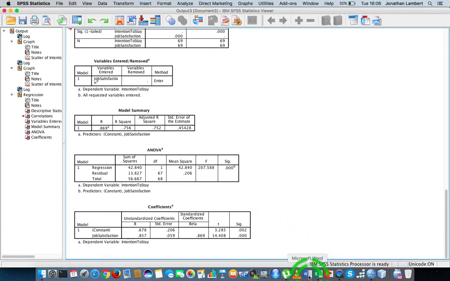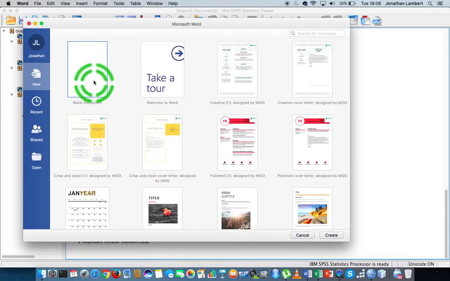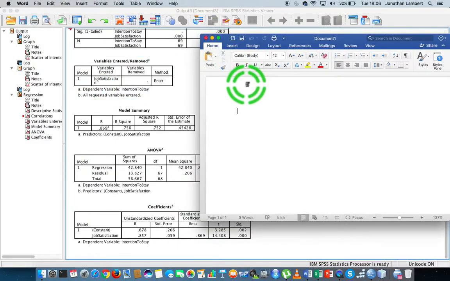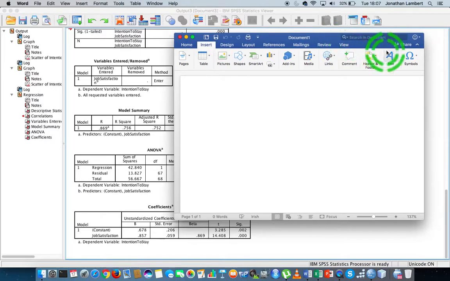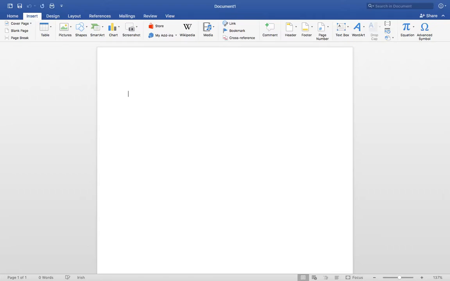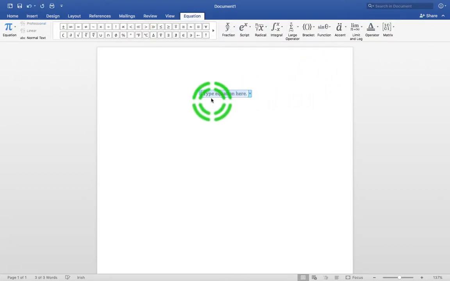Maybe I'll just open up a Word document here really quickly, and I'll write out this equation. Can I insert an equation here? I think I can. Let me just move this across. Oh, there we go. I'm just going to insert an equation here. So the equation is going to say this, that intention to leave is equal to